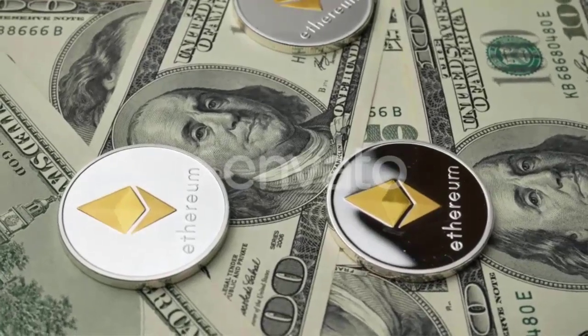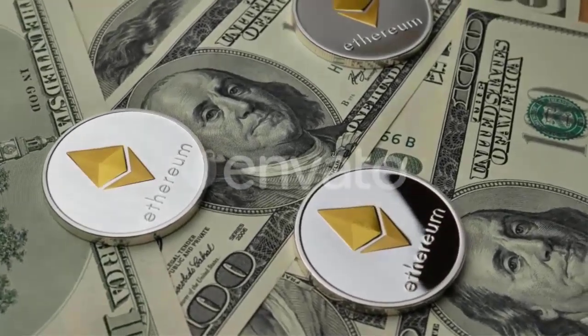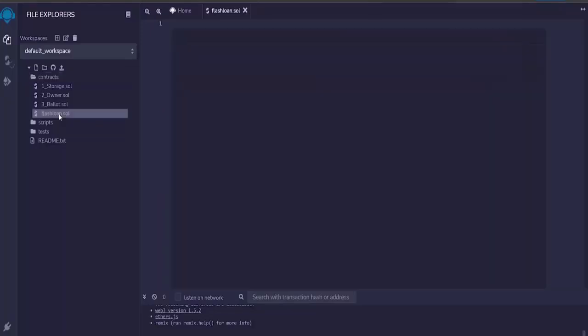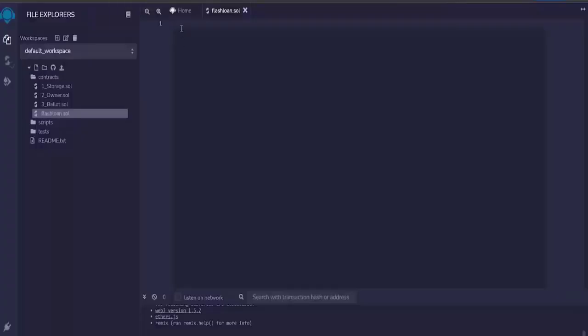First, you're going to have to go to Remix. This is where we're going to write the smart contract to commence. When you get there, you can click on the File Explorer, and go to this little thing right here, and it'll pop up saying create a new file. You're going to create a new file and call it .sol. Press enter. And now I'm going to paste in the swap loan code for Uniswap to commence the flash